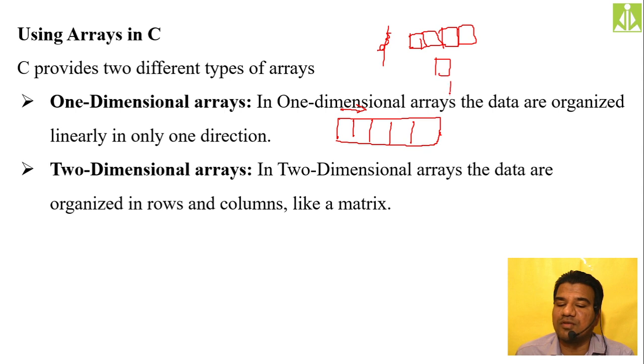There is no concept of randomness. Like this, you can't take one memory location over here, one memory location over here. Randomly you cannot take. All my memory locations need to be contiguous. Contiguous in the sense, they need to be attached to one another, like shops in a street or houses in a street.